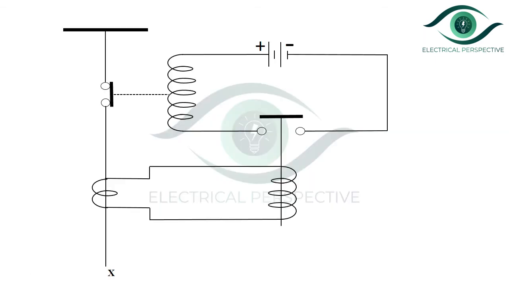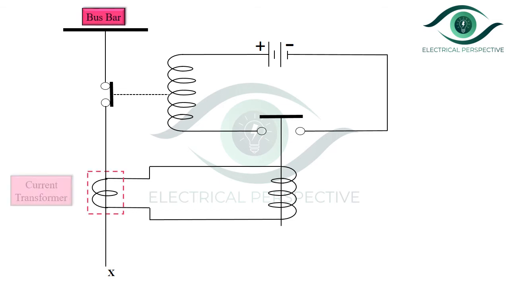Now let us discuss the basic connection diagram of protective relay and see how the faulty part gets disconnected. Please note that the actual arrangement is quite complicated, but to understand the basic operation, a simplified diagram is shown. This connection diagram is also known as trip circuit of circuit breaker. Let part X be the circuit to be protected. Now please refer to the screen.